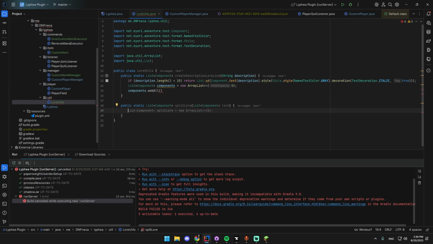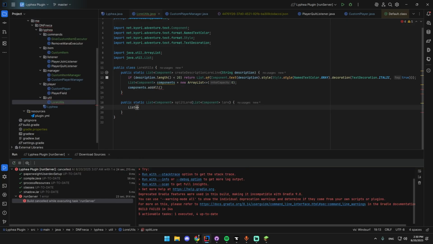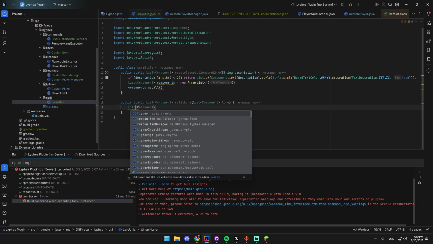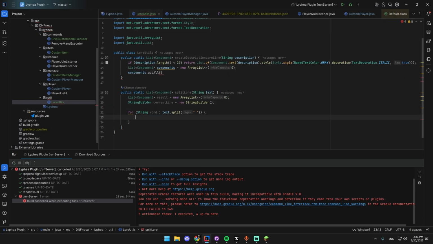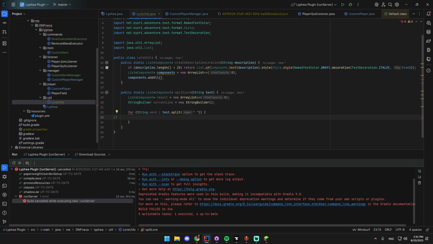Split lore, there we go. We want to do list component result. Now let's make a comment here. If the word itself is longer than the next, split the word. There we go. If word.length is larger than 30, which we're gonna say is the max character